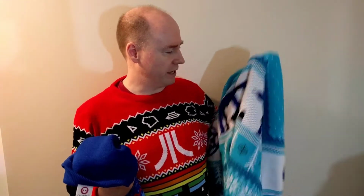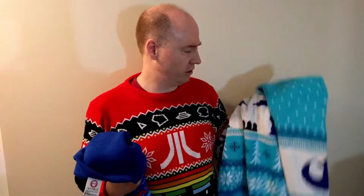Yeah. There's my 3 nerdy sweaters from Numbskull. Really, really like these. My one complaint, I mean, man, they feel nice and they're good durable quality and I love the design. But my complaint would be, when I ordered them, I had to get them on eBay. There didn't seem to be a way to get them shipped from the UK to Canada except for through that route. And I bought them as 3 separate things and I got charged 3 separate shipping charges, which I guess is not the end of the world,